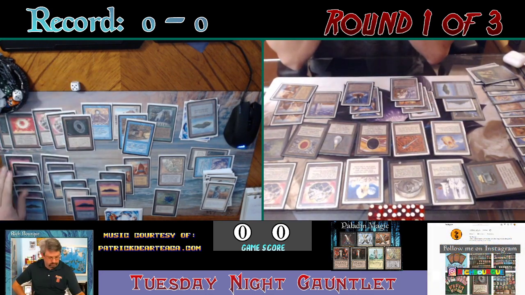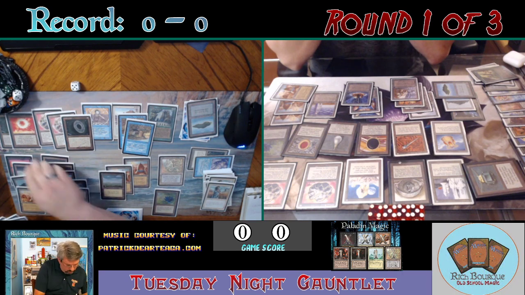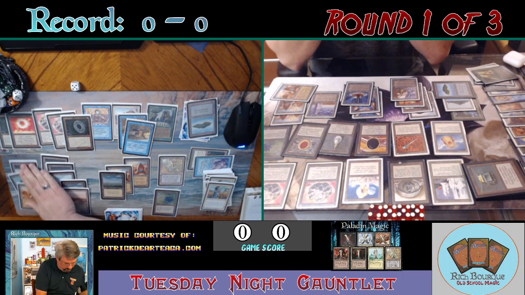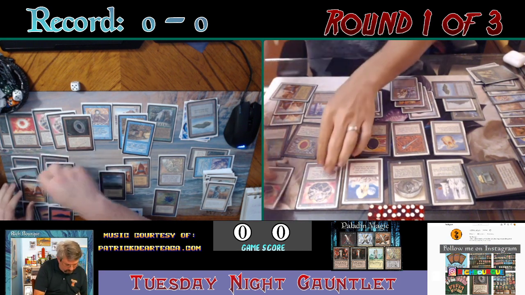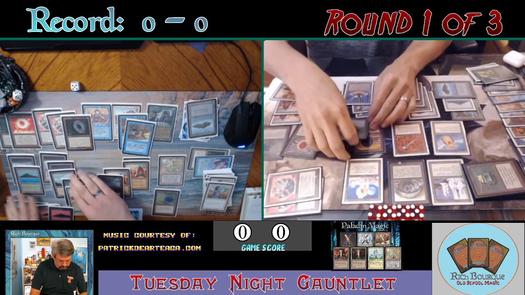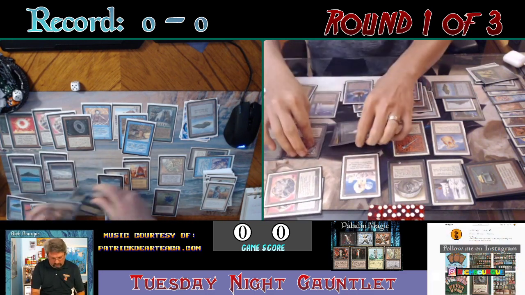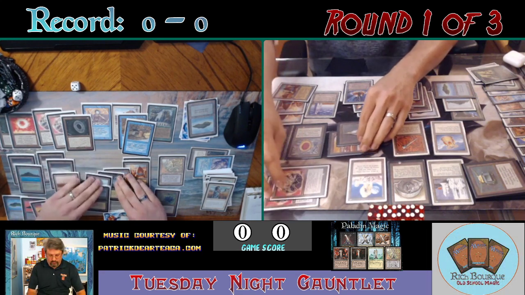How many Islands do you have? A lot. Let's see. 1, 2, 3, 4. I have 5 basic Islands. Okay. And then I have 1, 2, 3, 4 non-basic Islands. Okay. And I have three basic Plains, 3 non-basic Plains, and a Karakas. Alright,